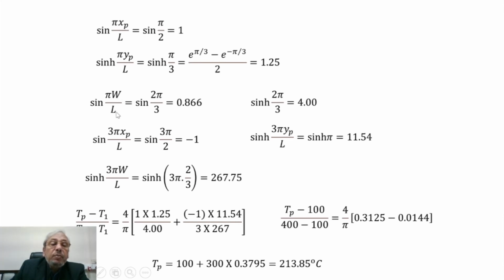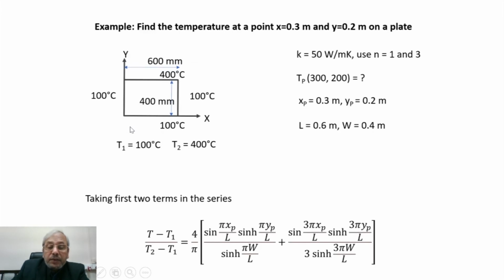Sinh(pi w by L), which is 0.866. Sinh(2 pi by 3), which is 4. This way, all these quantities, sin(pi xp by L), sinh(pi yp by L), sinh(pi w by L), are evaluated